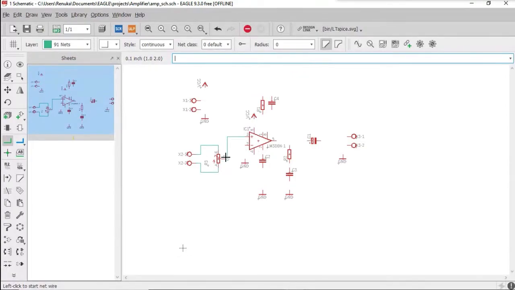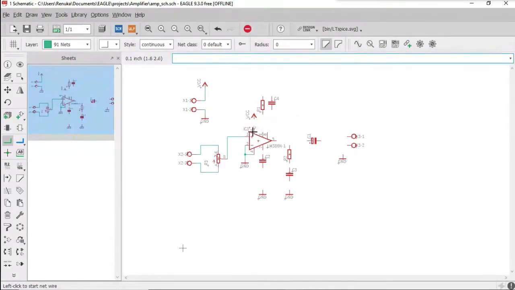Okay, then we know that pin 2 and pin 4 are grounded, so connect them to the ground pin. After that, this particular thing is for power supply, so connect it to VCC and ground. One pin to VCC and the other pin to ground. I'll repeat after I complete, so don't worry if you're stuck anywhere.